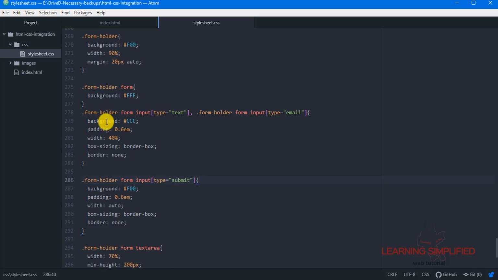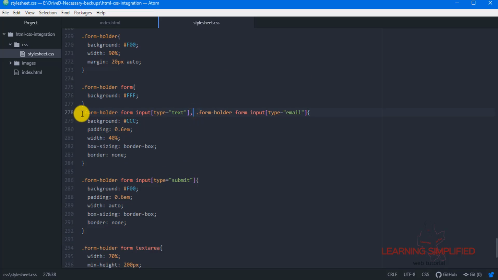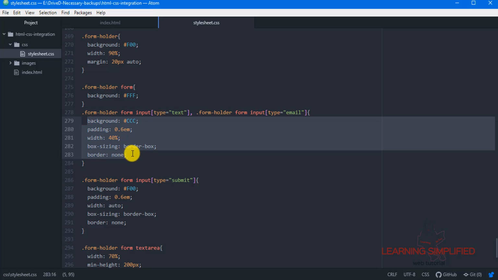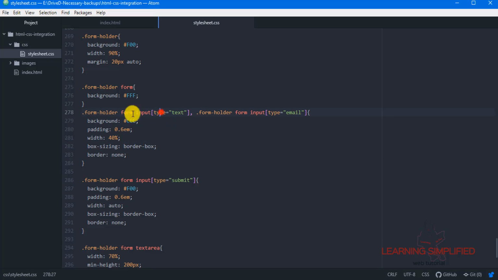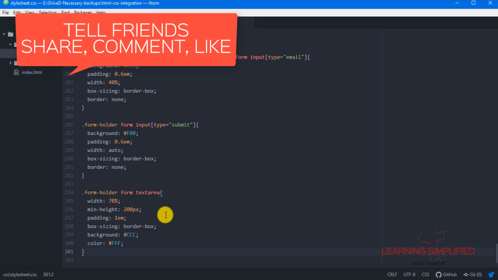And in case there is a repetition of properties, you need to combine all those selectors together into a single syntax, and then you can use all those common properties along with these particular selectors. Now up to this, I think it's alright. You can create your own form and customize your own form fields, so there shouldn't be any problem.